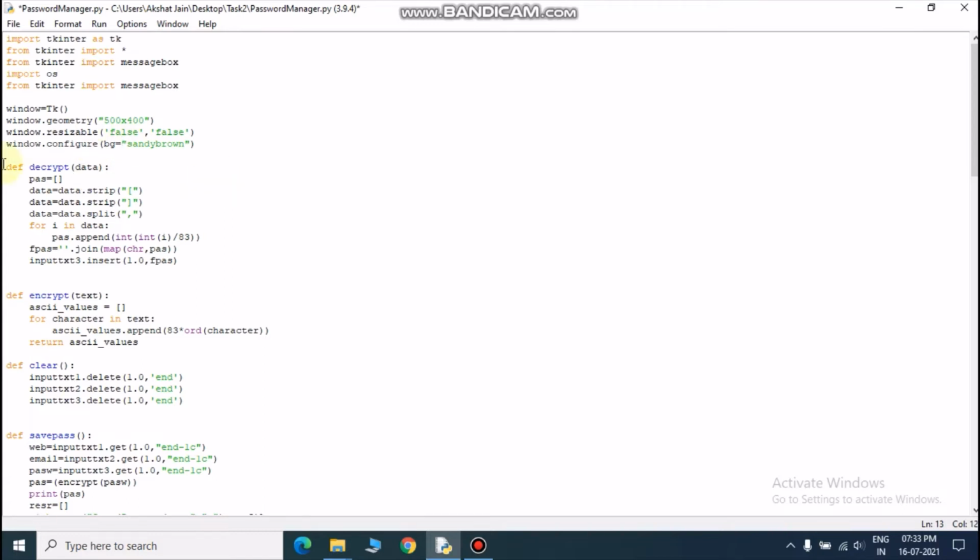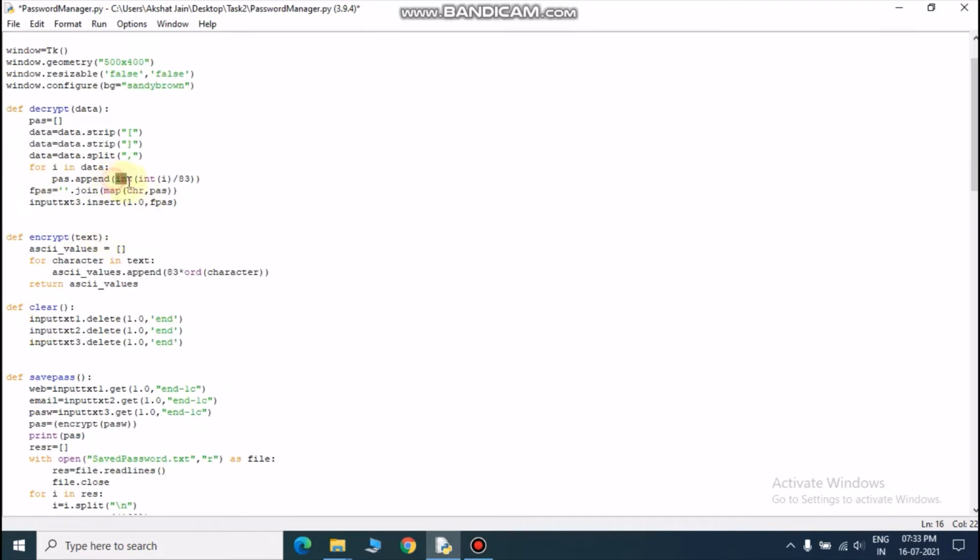So here I am doing this. I am stripping the square brackets and I am removing the commas, and then I am converting it into int. Just take care: here int(i) divided by 83 will result in a float value something like this. So I cannot convert this value back to string. So I just need to convert it into int.